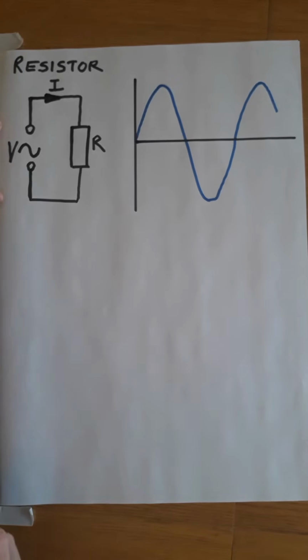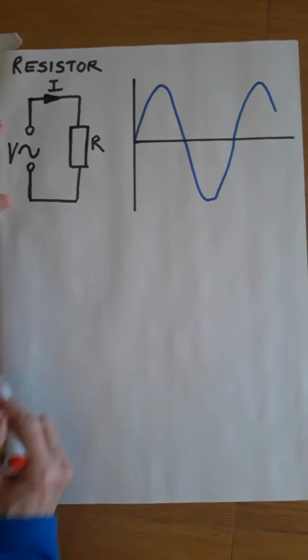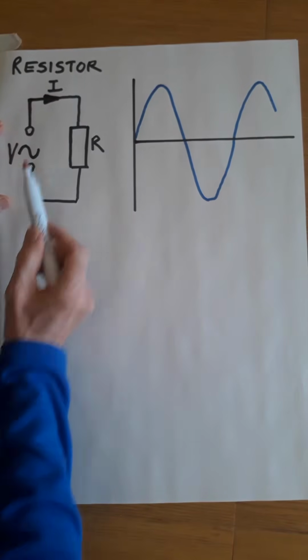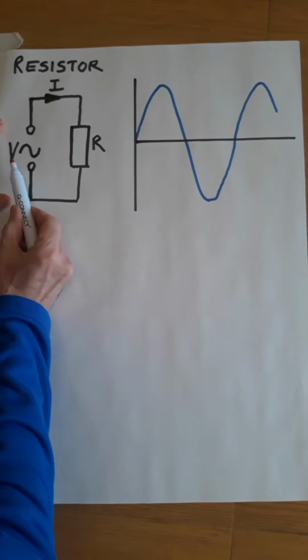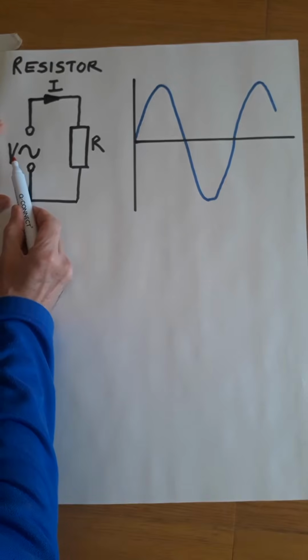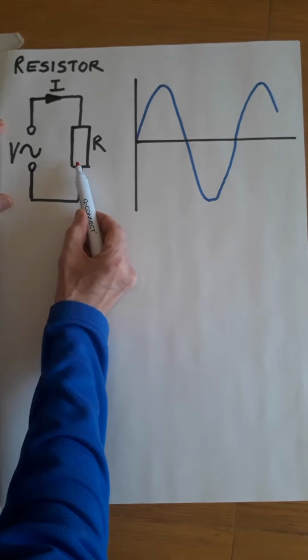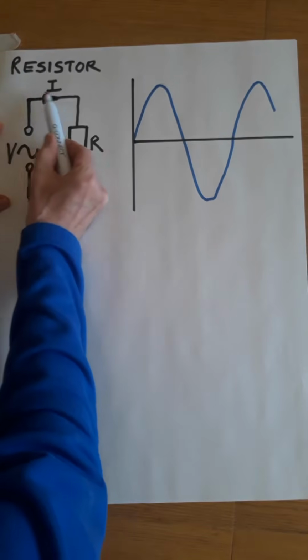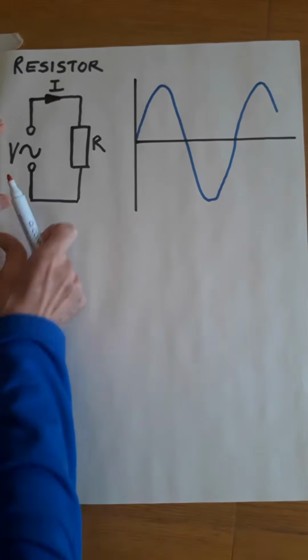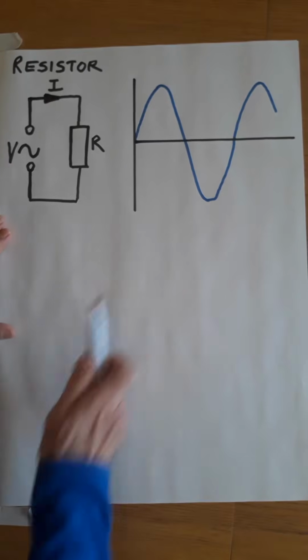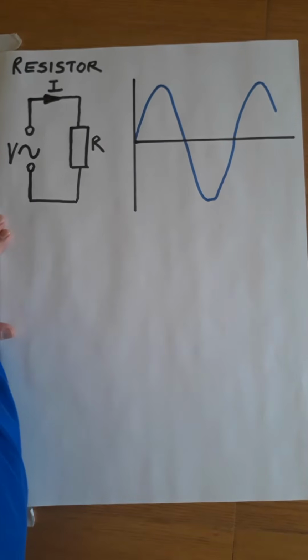So here we're going to look at the effect of alternating current on a resistor in a circuit. The supply voltage is alternating current, AC. The resistor is the component, our load, and a current will flow around this circuit. Before I move on to what the waveforms are going to look like, I just want to remind you about